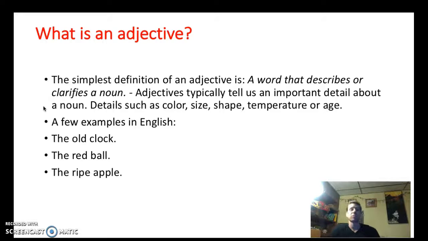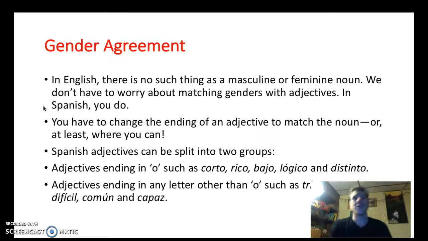These details could be size, shape, color, temperature, age, other things like nationality or profession, alright, as well, are also adjectives. Now, a few examples of these in English real quick are the old clock, the red ball, and the ripe apple. So let's see, here's the first one that we're going to touch on today, guys, is gender agreement